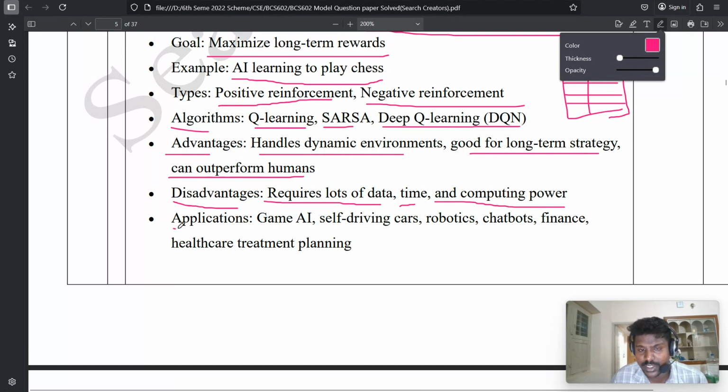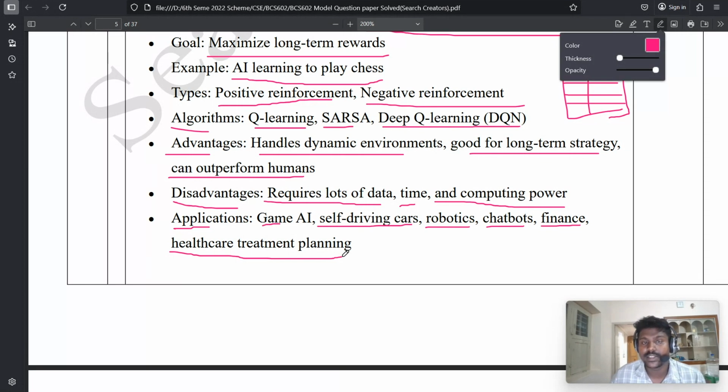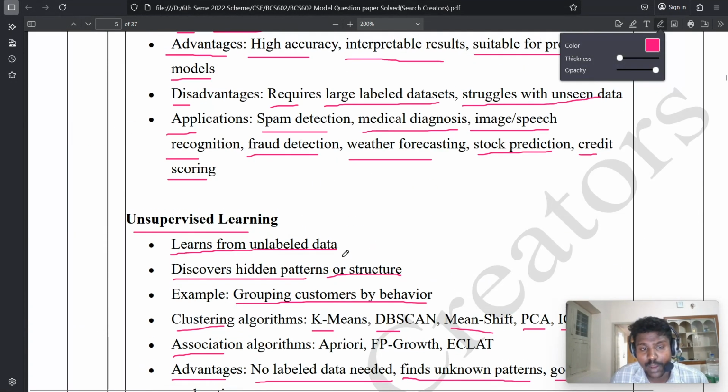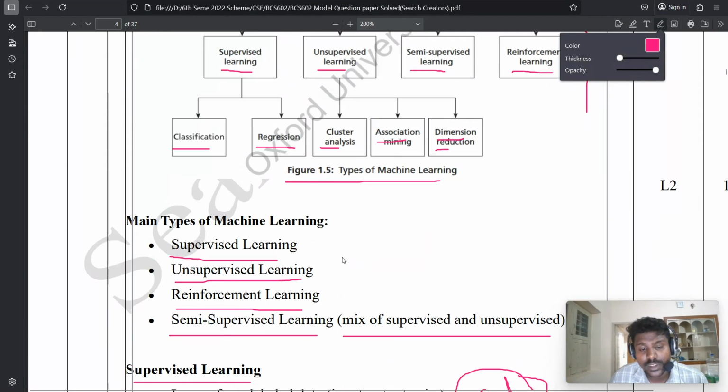And applications: game AI, self-driving cars like Tesla cars, robotics, and chatbots, daily usage like ChatGPT and other AI tools. And finance, which business owners use, and healthcare treatment planning, used daily by doctors and nurses in advanced hospitals. These are all about reinforcement machine learning, and these are all the main types